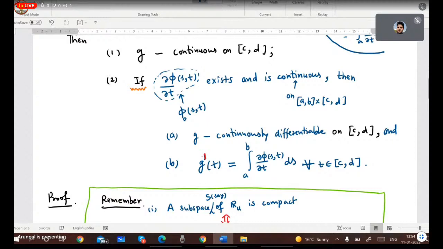So g is continuously differentiable means, class, to show this, we need to show two things. Firstly, that g dash exists, and secondly, class, g dash is a continuous function. When we move on to show that g dash exists, we will see that g dash exists, and moreover the value of g dash comes out to be this. So our part b will also be done automatically. So let's see how we proceed.